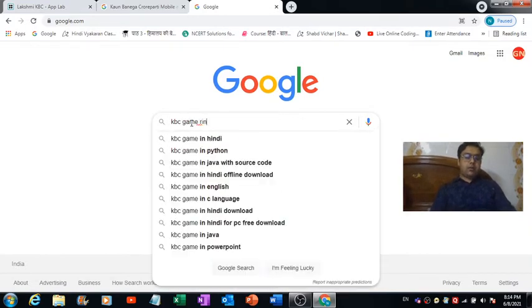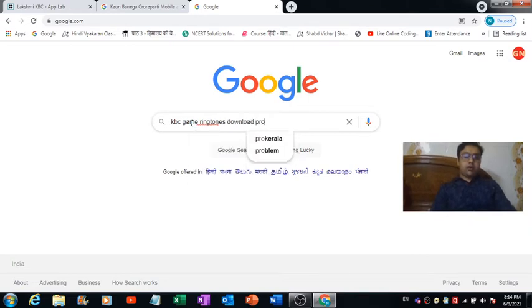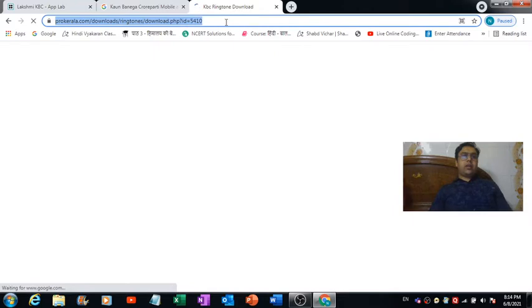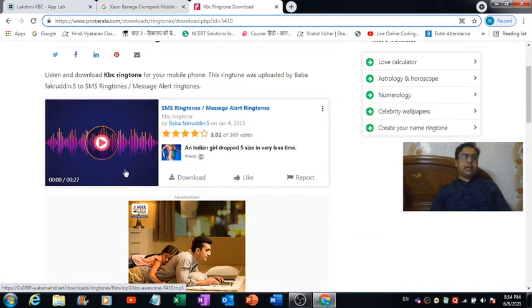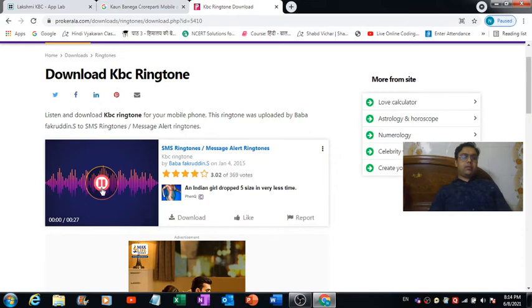Download from prokerala.com. This is one of the websites you can make use of for downloading songs very easily. As soon as you come to this site, you will see this download option.